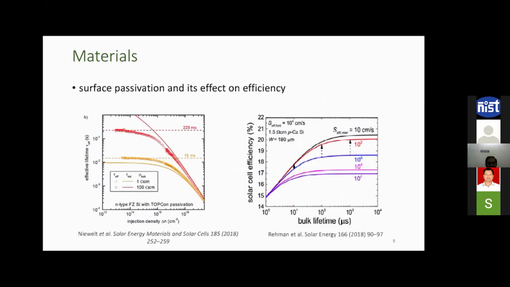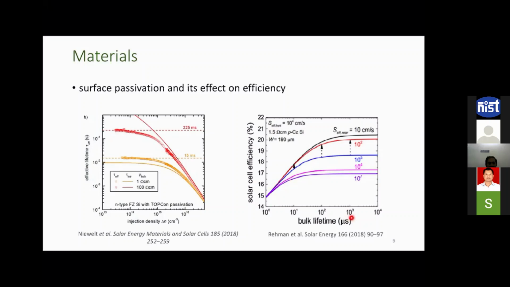Now, once we understood the effect of the resistivity in the crystalline silicon wafer, let us see how the quality of your silicon surface passivation affects the solar cell efficiency. So let us see this right hand side figure and choose any of the bulk lifetime. Let me choose this 10 to the power 3 microsecond lifetime. That means I am talking about making a solar cell out of a crystalline silicon wafer having bulk lifetime of 1 millisecond.